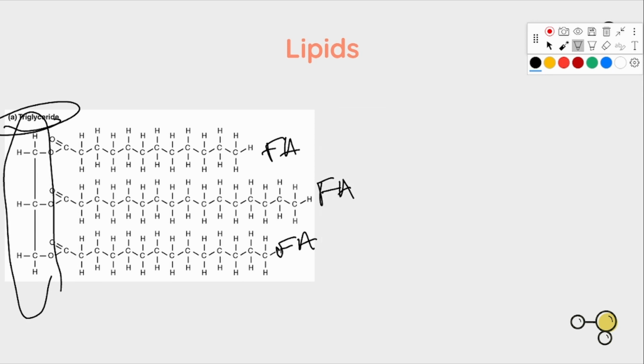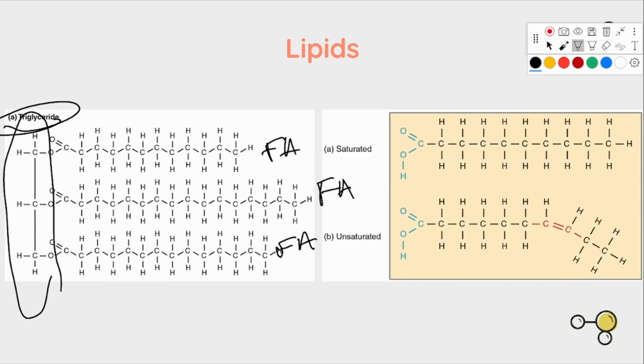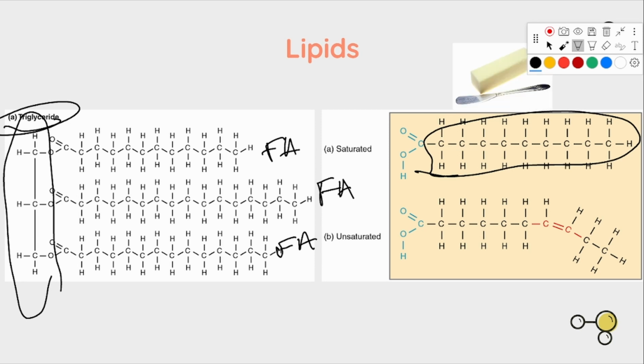Now there are a few different types of fats, the first of which being saturated fats. Saturated fats have no double bonds in their hydrocarbon chains. As we can see here, there are no double bonds. As a result, saturated fats are often solid at room temperature and are often found in animal products. So an example of this is butter. Butter is primarily composed of saturated fats, and we can see that because it's a saturated fat, it's solid at